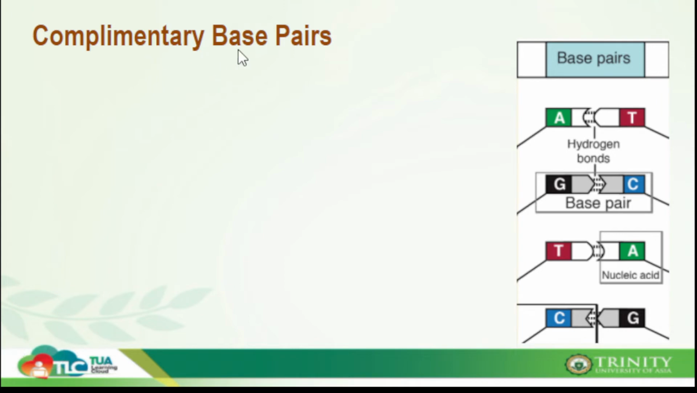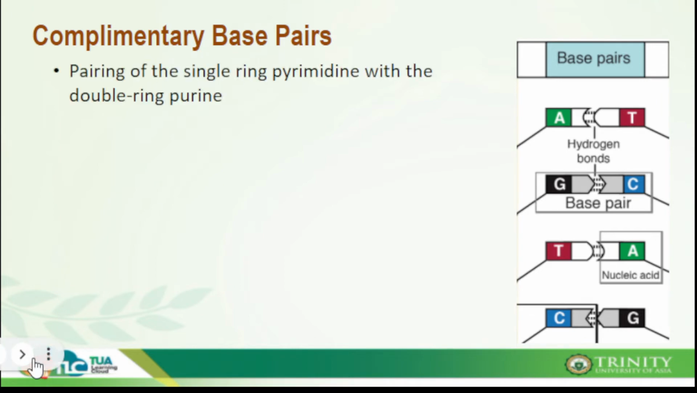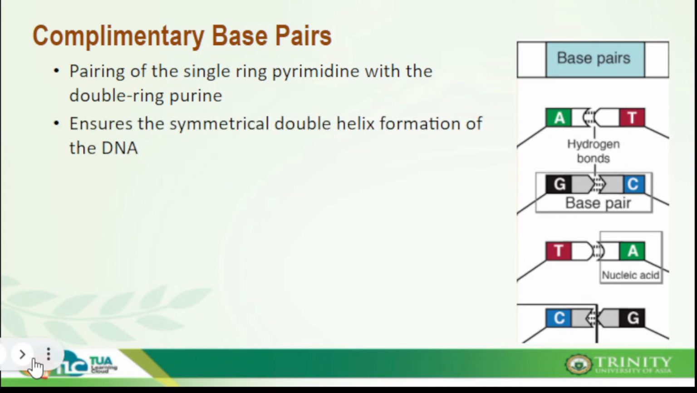Now, what is the importance of these complementary base pairs? First, it is the partnership between the single ring pyrimidine with a double ring purine. So it's always like that, guys. It's always a pyrimidine partnered with a purine. Never a purine with a purine or a pyrimidine with another pyrimidine. It's always that single and double ring partnered together. In this continuous chain of double ring plus single ring, double ring plus single ring, forms a